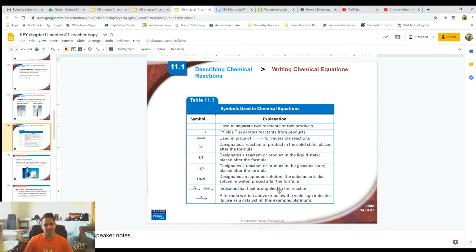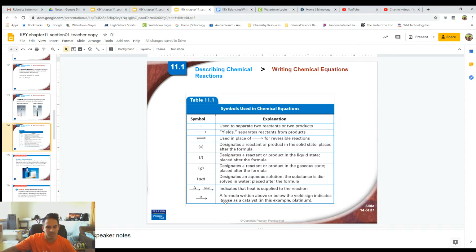We'll learn about chemical reactions later in this chapter, including combustion reactions. Combustion is when you light something on fire and it goes, right? Most of those reactions don't happen until you give heat, right? You give it energy, and then once the heat is given to the reactants, the reaction starts. So this is typically shown to say you need to give heat to make the reaction